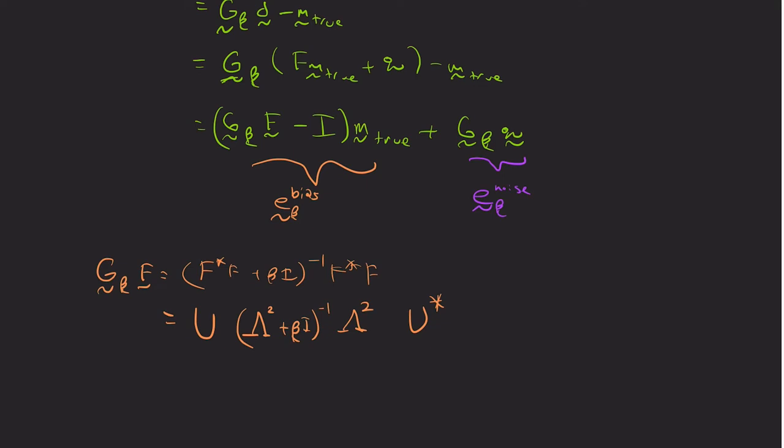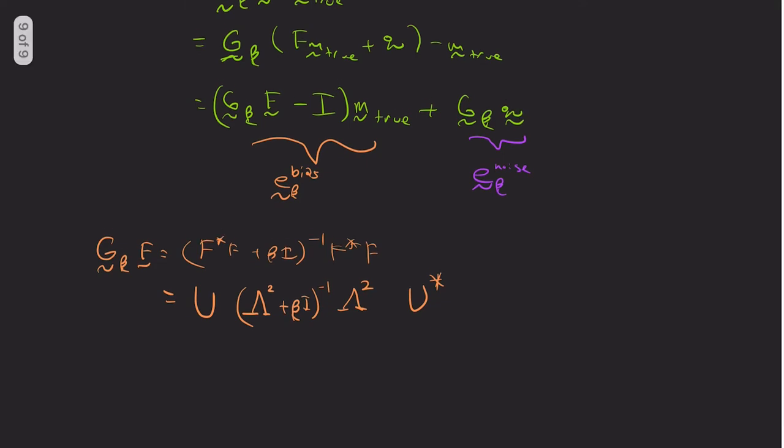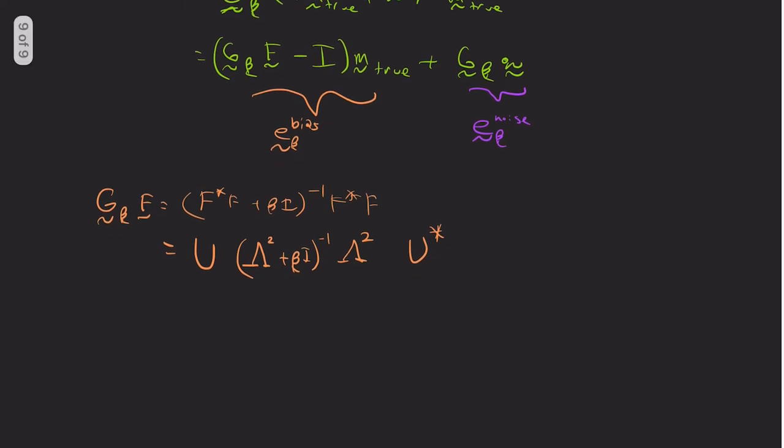Where now we have this lambda squared term. Okay, so that tells us that E beta bias is the sum of d_n, m true, u_n